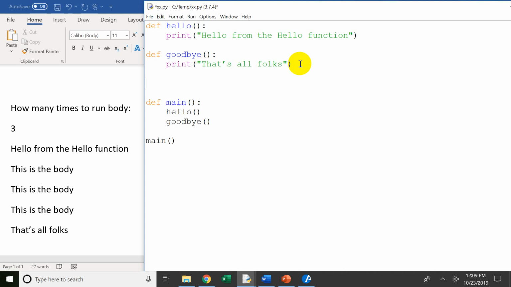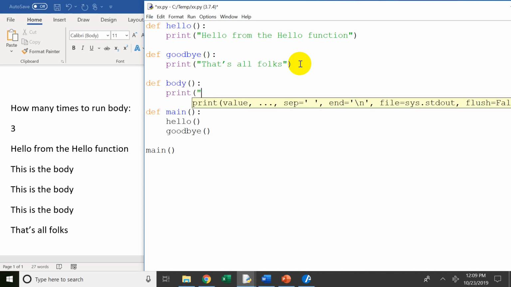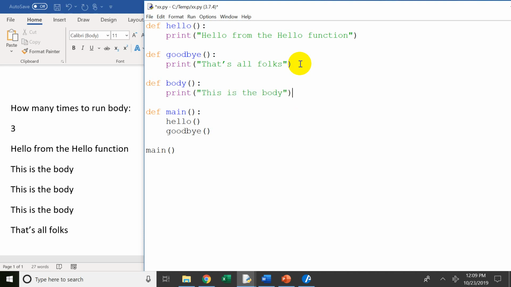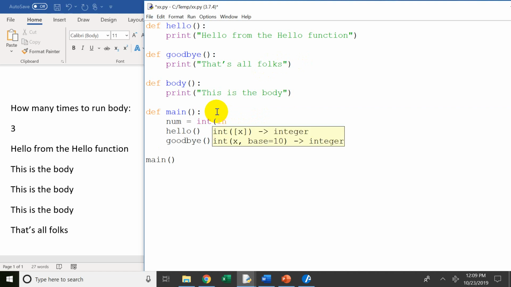Okay, so the first thing is we want to define this body function, so we'll call it body. Print this is the body. Now, I haven't called it yet, and I need to prompt to know how many times to run it. So, as Nick said in terms of a table of contents, in main, notice I've called hello and goodbye. In main now, I'm going to say num is equal to int input